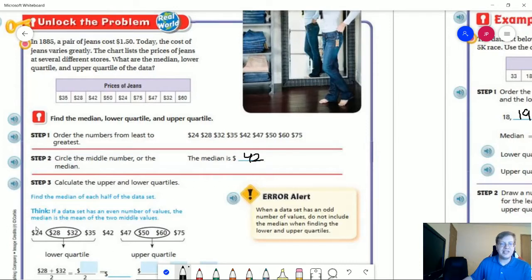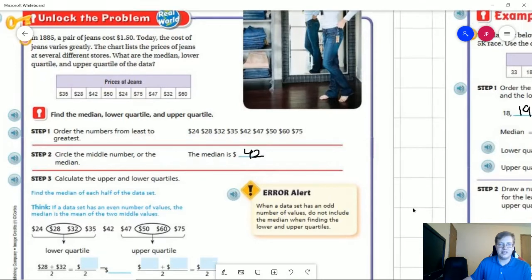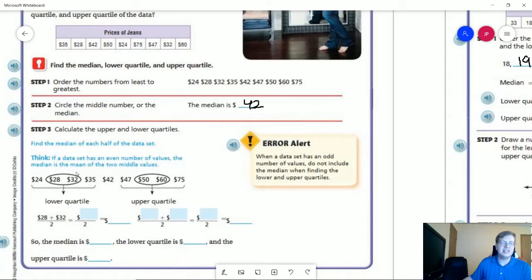If we were to have an even set of numbers here, then we would need to go ahead and grab between 35 and 47 if that 42 didn't already exist to find our median, and then we would use our bottom 4 numbers for the lower quartile and top 4 numbers for our upper quartile. So we can go ahead and find that 30 is the number in between,